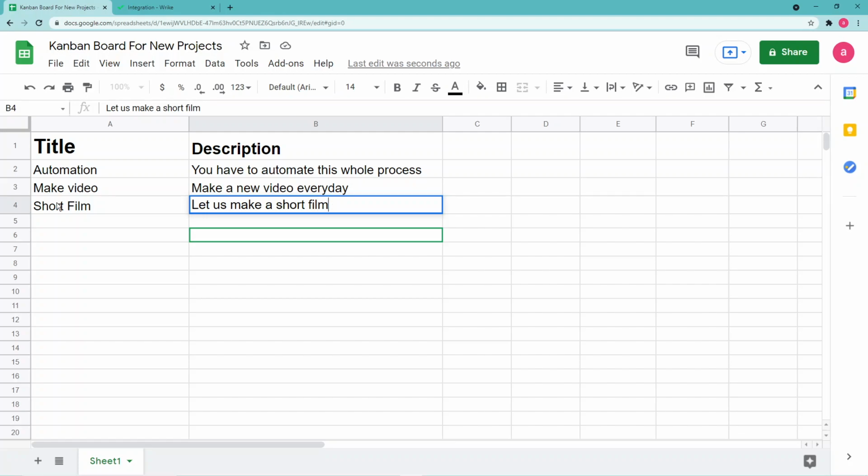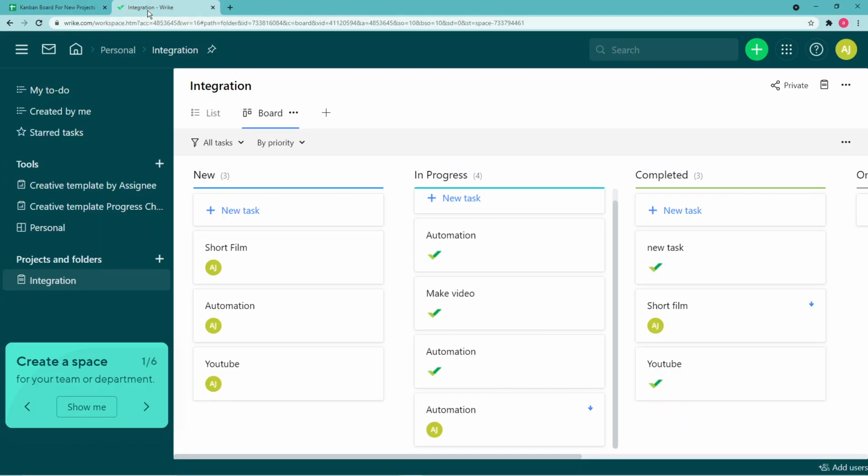Alright, so as I fill this row here, let me jump back to my Wrike account and let's see if it generates something. Okay, here you can see a new task got automatically generated in my Wrike account just like this.